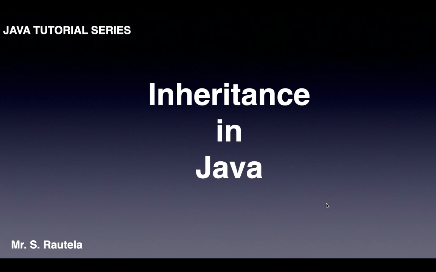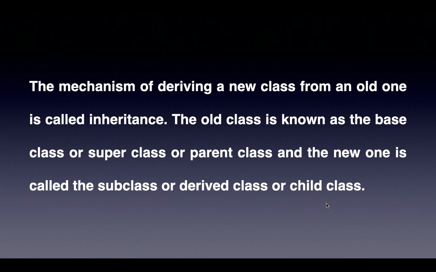So let's begin. The mechanism of deriving a new class from an old one is called inheritance. In that case, we will have a minimum of two classes, where one class inherits the properties of another class. The old class is known as the base class, superclass, or parent class. We can say the class which is the old one, or previously made, is called a base class, superclass, or parent class, and the new class is called the subclass, derived class, or